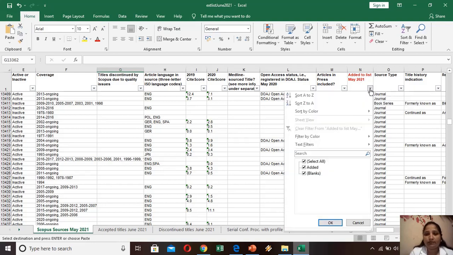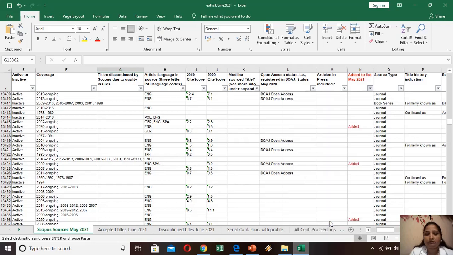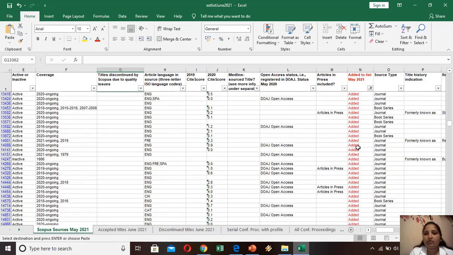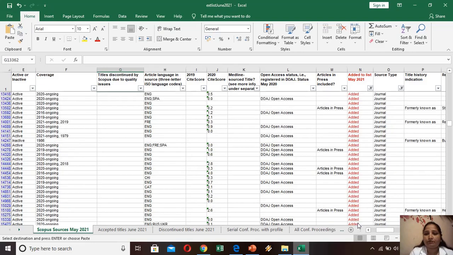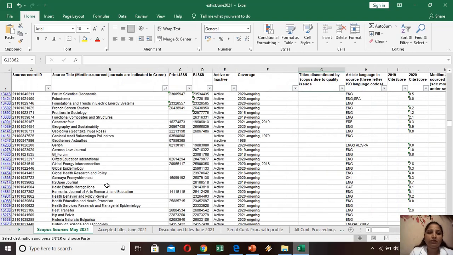You can filter it, and we want only the added ones. This added list includes book series and journals, so we want only journals and will filter this also. Now you have the whole list of journals added into Scopus by May 2021.